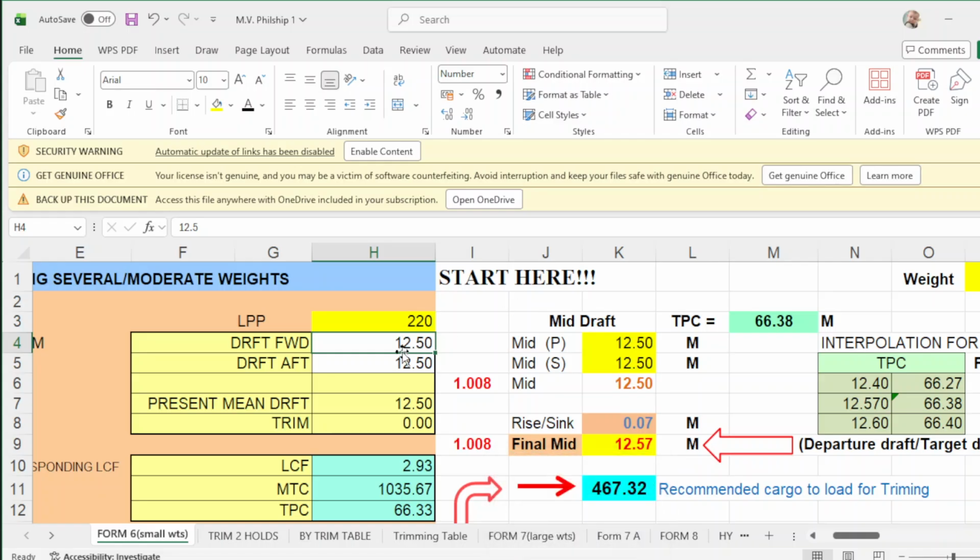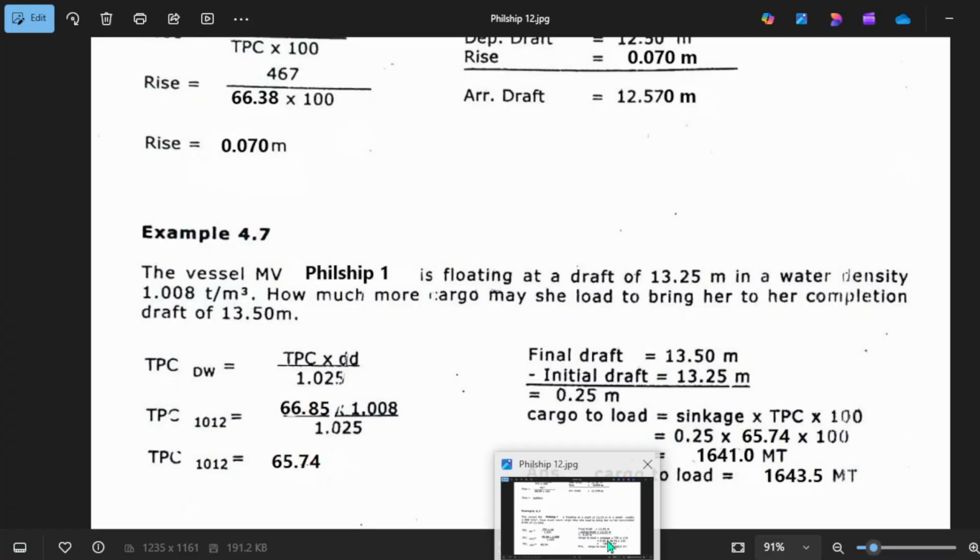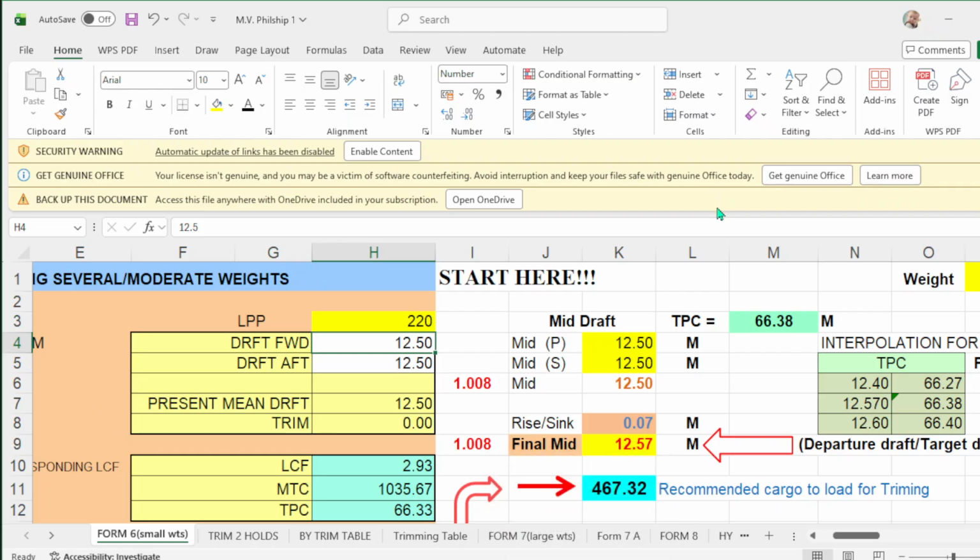Okay, 13.25. Okay, 13.25. That will be forward, aft will be 13.25. Assuming the vessel is even keel. And your actual mid port is 13.25, and actual mid starboard is 13.25,